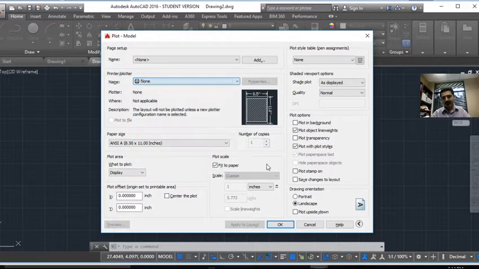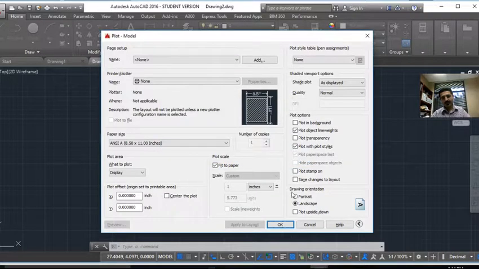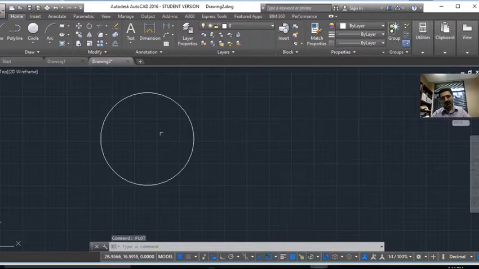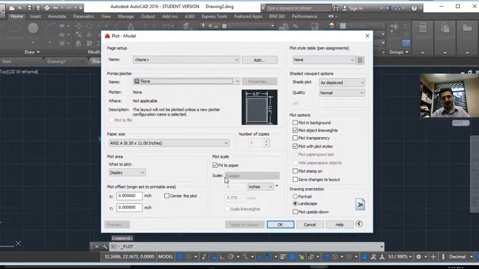Once you do this, a nice thing to know after you select everything, you can preview, and then you hit OK. And once you hit OK, things are going to be printed. Here again, there's nothing to print, that's why it's showing me this. But you can click one more time, or click on the object, plot,